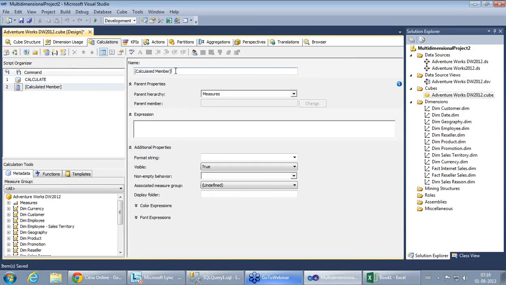So to create a new calculated member, you need to click on this. So you have this calculated member. Now I'll give it a name: Average reseller sales amount per transaction. So I want to find out the average reseller sales amount per transaction. This is a very simple measure. This is the most simple kind of measure that you can create. So all that you have to do is